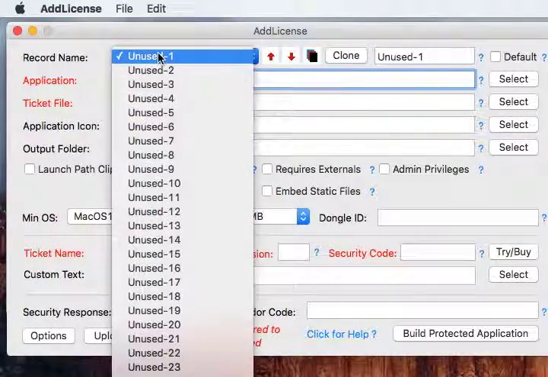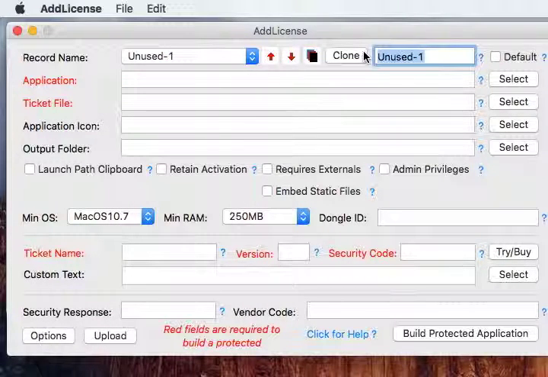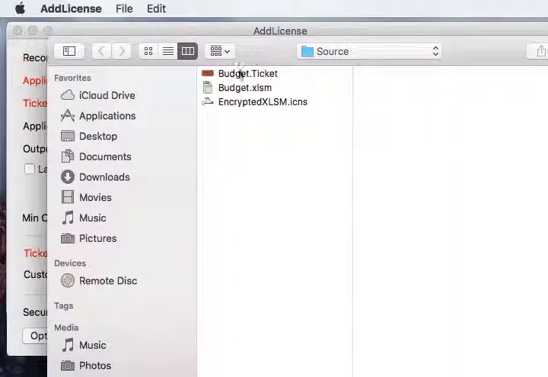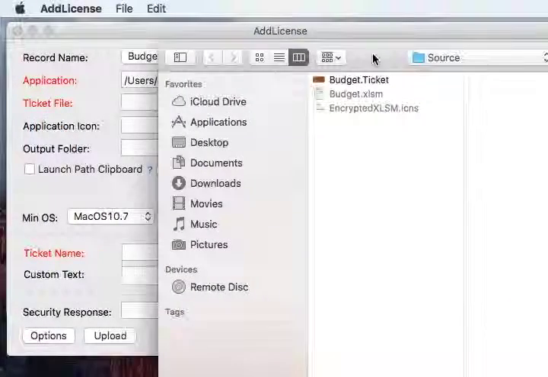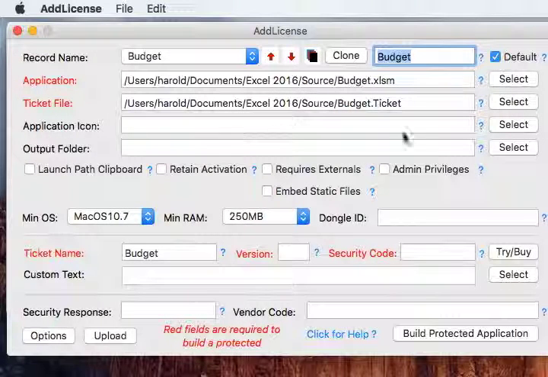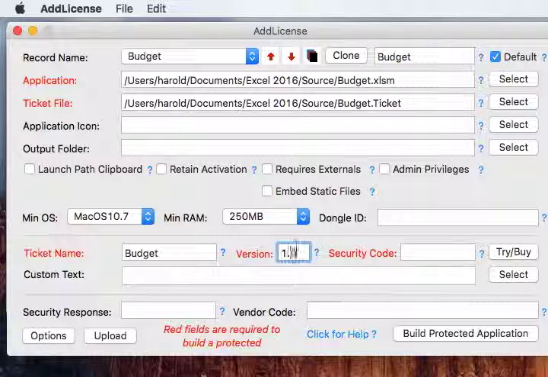So we have a number of different records we can use for protecting different workbooks. So for this workbook, let's just give the record a name. We'll call it Budget. And set a checkbox so it opens to that particular record when we launch Add License. So the main thing we're going to do, for our application, we'll select that workbook. And here it is. We're going to select the ticket that we want to apply. And there it is. And in addition to selecting the path to the ticket, we'll also put that version and security parameter in there